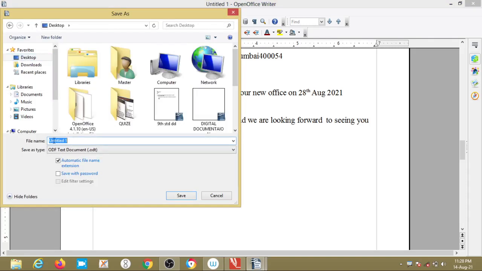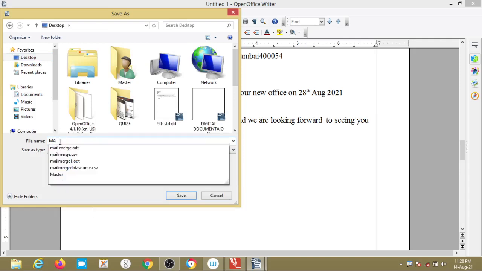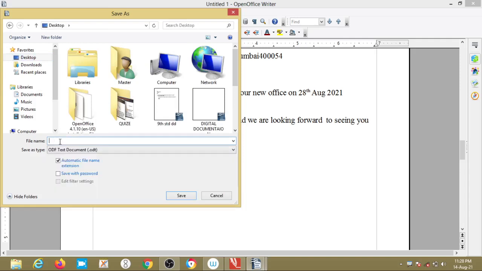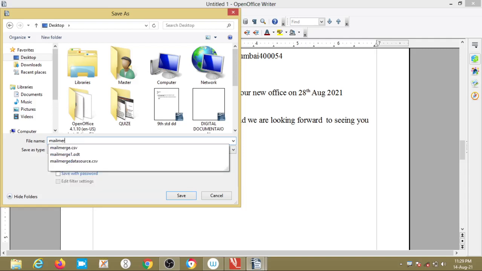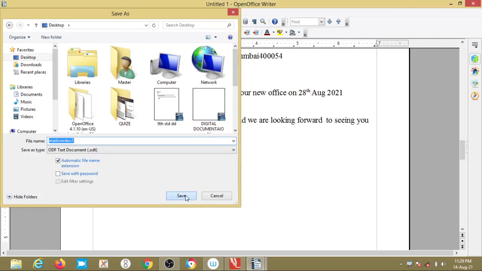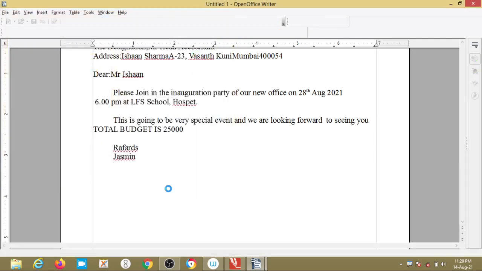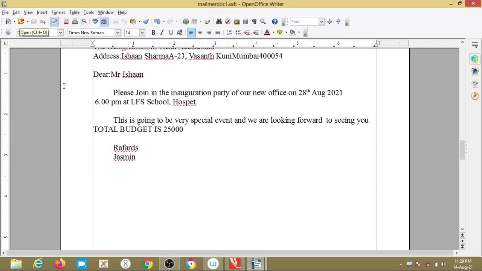I can name it mail merge document 1, and save. Or if you want to print this document, go to the print option and you can print the pages, and that can be communicated to the individual persons.